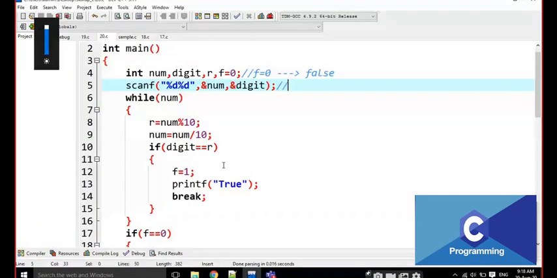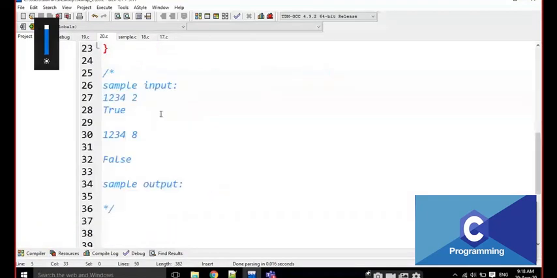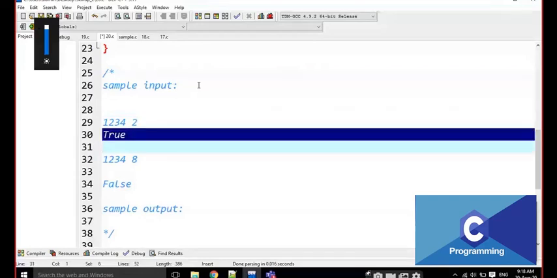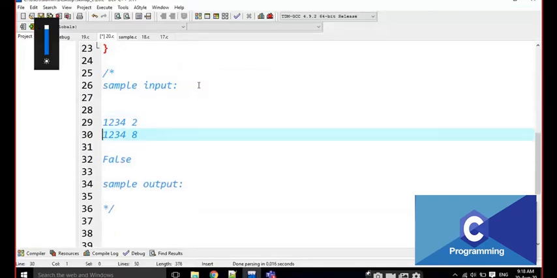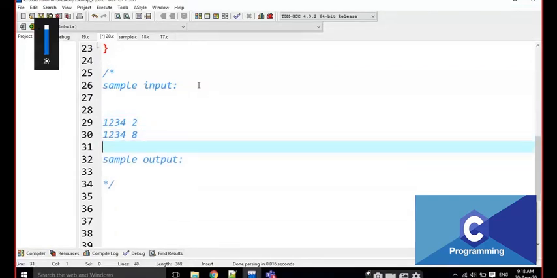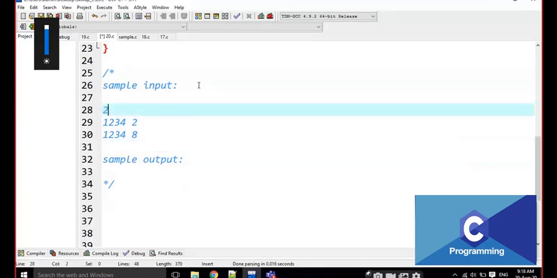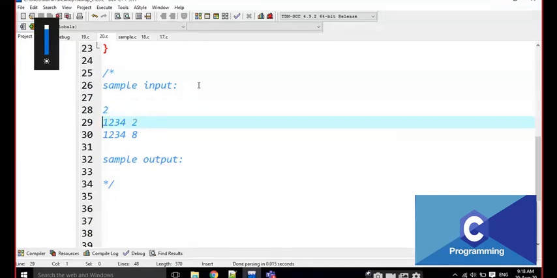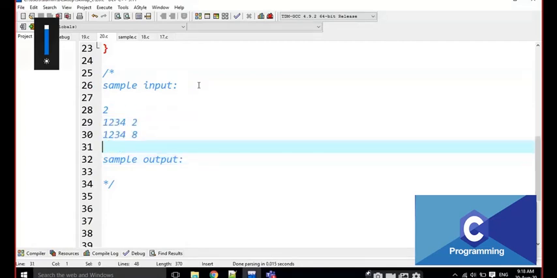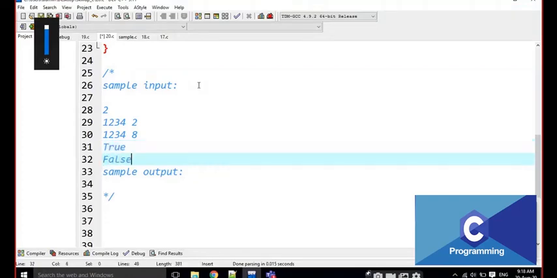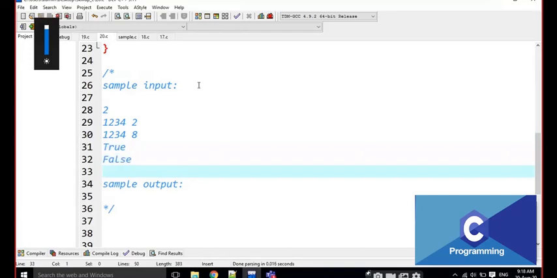Students, anyone? I'm going to write here. For example, the inputs are like this. The question sometimes in competition is going to be like this every time. For example, 2 here, and 2 test cases are there, and the output is like this.